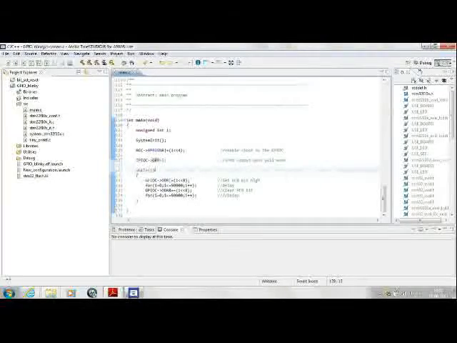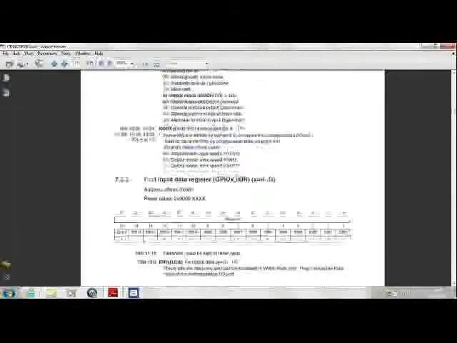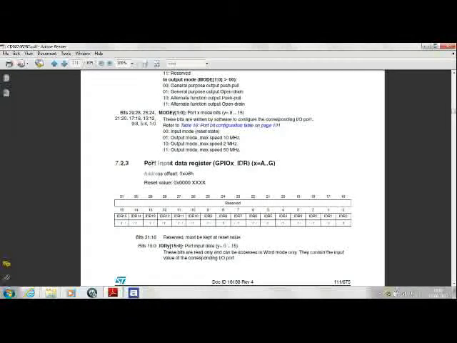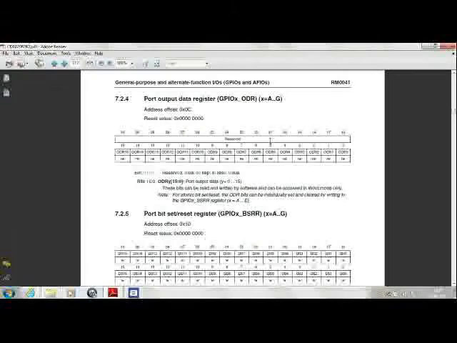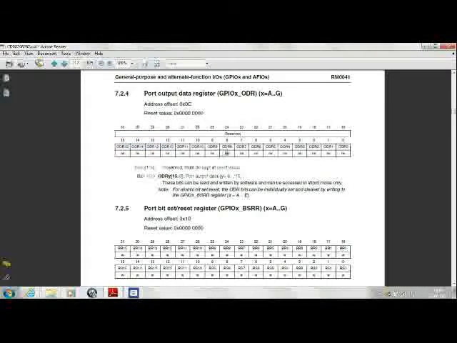To do this activity, let's go a little ahead. This is the port input data register. As we know, there is nothing that we want to input from the port, it's just that we want to blink. We will come to the next register, that's called the port output data register, or the GPIO-X ODR, output data register. We can see that only 0 to 15, that is 16 port pins, are available for you to control. There is no physical pin corresponding to the remaining 16 bits of this 32-bit register. We want to control the 8th pin.